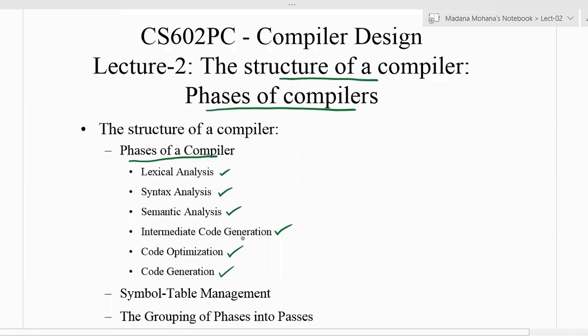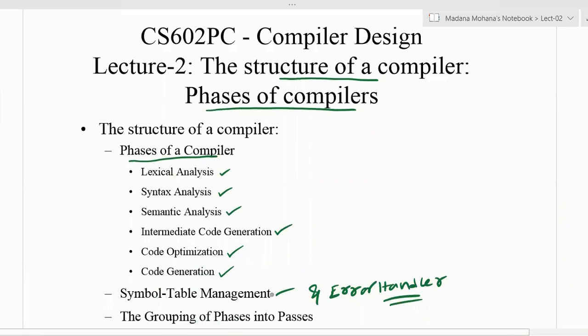In addition to the 6 phases, there are 2 additional components. One is symbol table management and the other is the error handler. Whenever an error is encountered in any phase, it can be rectified using the error handler. After that, we will review all the phases briefly with some examples.